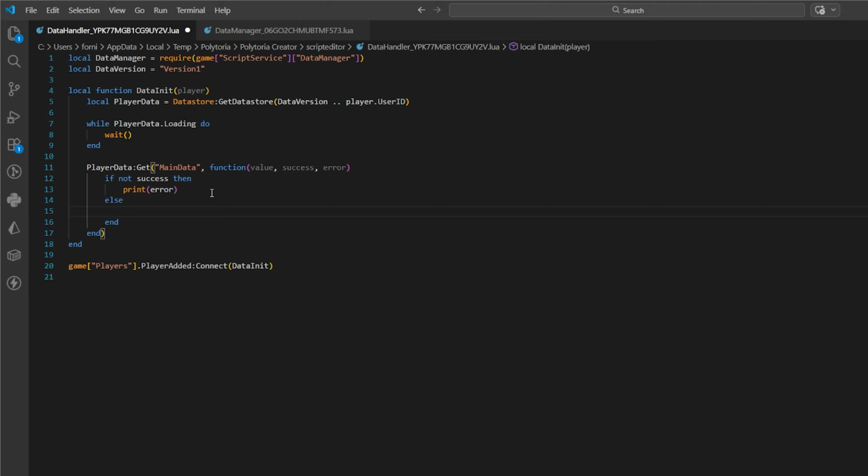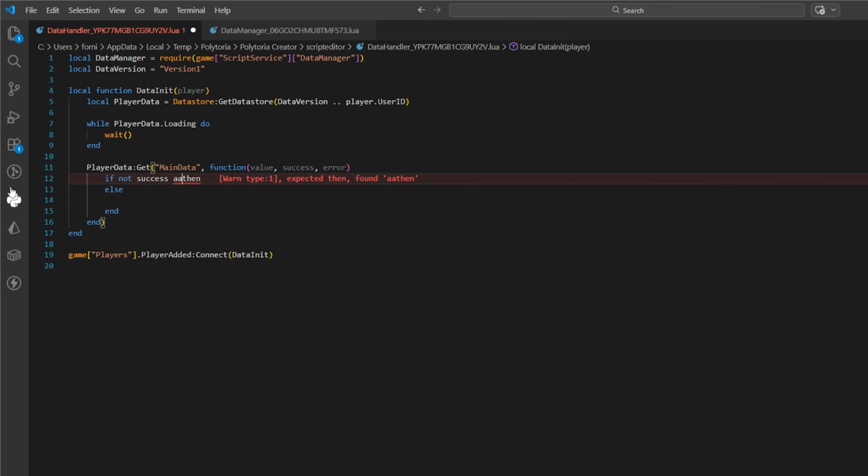The error is most likely going to be that the player doesn't have any data stored on their account, right? But sometimes, in very niche cases, you're going to have an error that is unrelated to whether the player has data stored or not. So the way we differentiate between them is we're not going to print it, right? You can do this for debugging, for testing the game or whatever, but we're going to actually say, if not success and error is not equal to, and then the actual text is